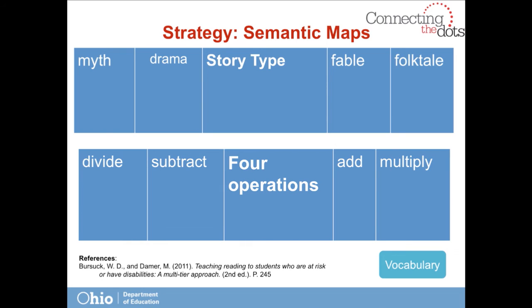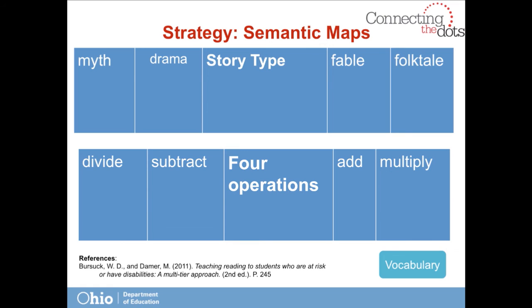Here are the same English Language Arts words on a horizontal map and a new set of examples from Grade 3 Mathematics. Note that the class goes in the middle of the map. For the English Language Arts, students could be given a word bank and asked to sort them into subtypes of story. A sort could also be assigned for the mathematics example. Students could also be asked to justify their sorts.